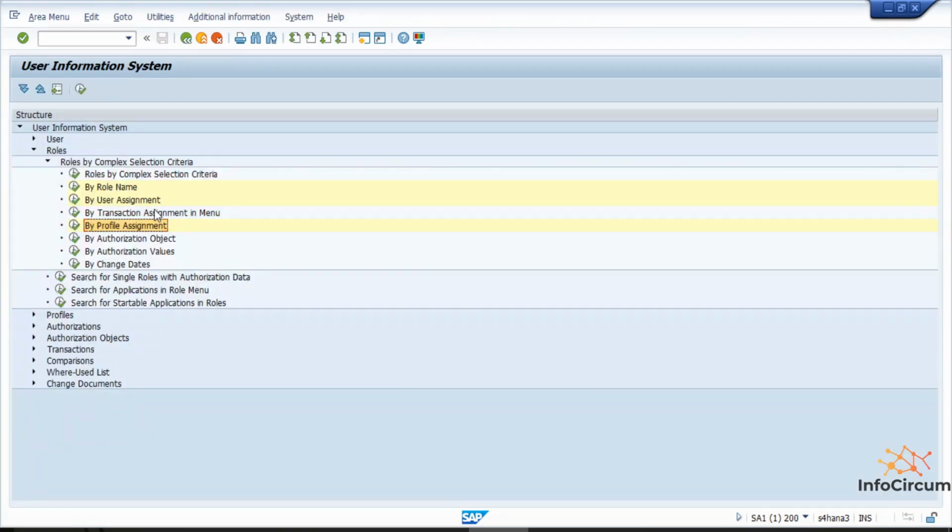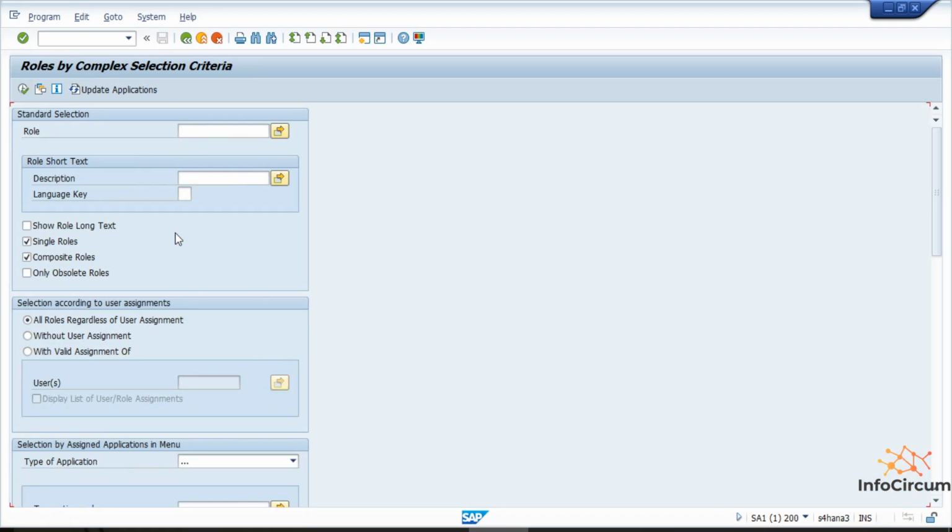Now coming back to roles by complex selection criteria. I told you that this is the combination of all the nodes that we have just seen. Like I'm just setting it as Z star. This will give the single role and composite role.